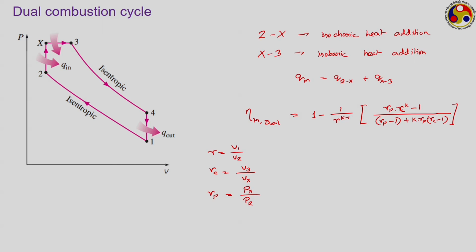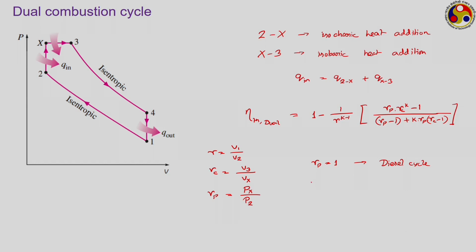and this expression for the dual cycle is a good amalgamation of both Otto and diesel cycle. Like if we put rp equal to 1 in this, just put rp equal to 1, see what you are getting. When you put rp equal to 1, it reduces to the diesel cycle. rp equal to 1 means this point x collapses to point 2. So, your 2 to 3 line will be something like this,